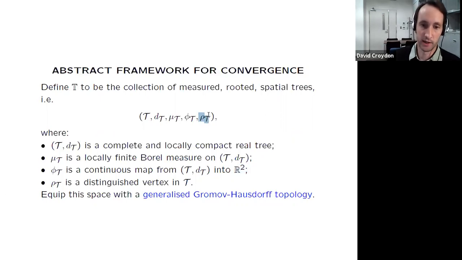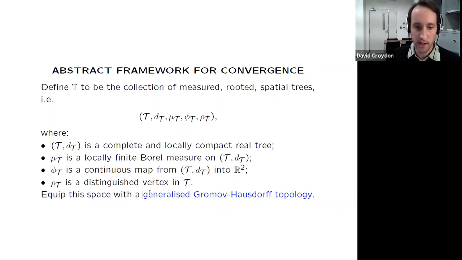And finally, because we've got infinite spaces, it's useful to fix a center to them. So it's going to be convenient to have a root vertex. This will just be the origin, for example, of Z2, or whatever other favorite vertex you have. These are going to be the things that we consider. Given how much time I have left, I don't know quite how much I want to talk about the topology of these spaces.